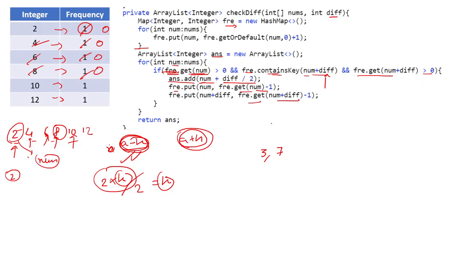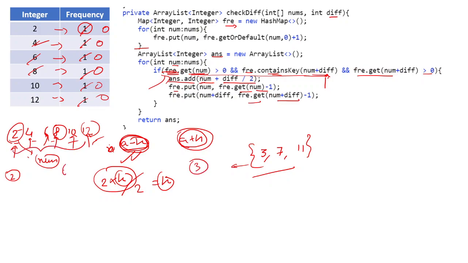Similarly for 10 we'll go, and all this condition will be valid, so we will add 11 and then remove the frequency of these two. Then 12 we won't be getting, because this frequency will be 0. Okay, so that is how we will get our original array, and this we will return. So when returning, we'll check whether its length is equal to 3, because our original array was of length 6, and that way we can get, okay, the size is 3, and this is the array that we have got, and this is our answer.